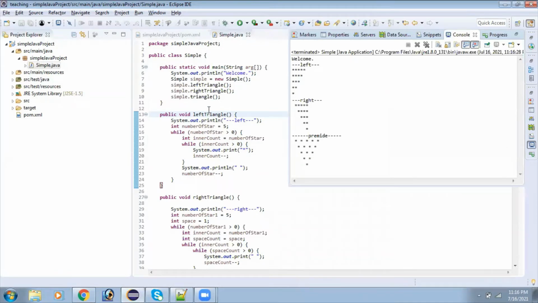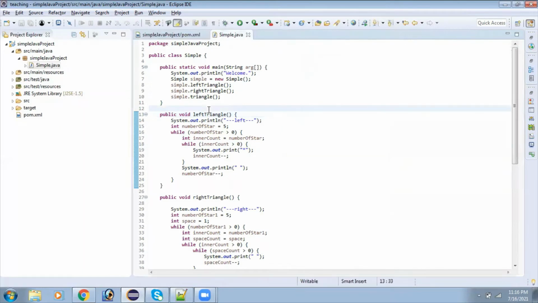Now it's working. If you want to write a test case for this, we need JUnit. JUnit is not a part of the JDK, so we need to download it. In Maven, we call that a dependency. So our simple Java project now has a dependency on JUnit. We need to download that jar. Instead of downloading the jar manually, let's see how Maven helps us.